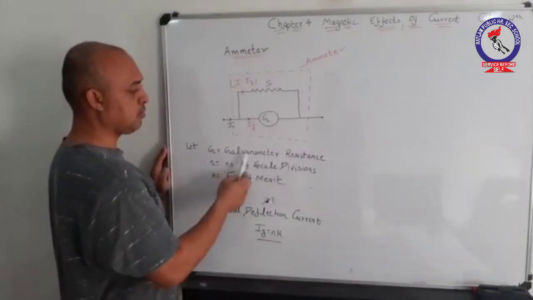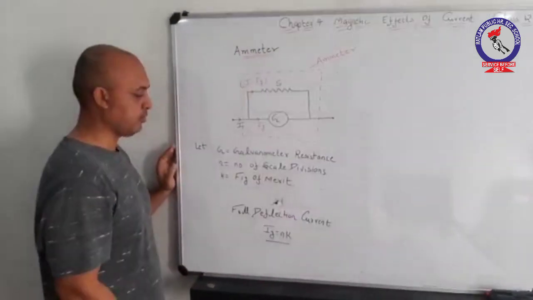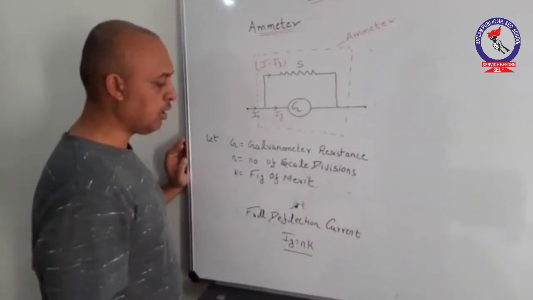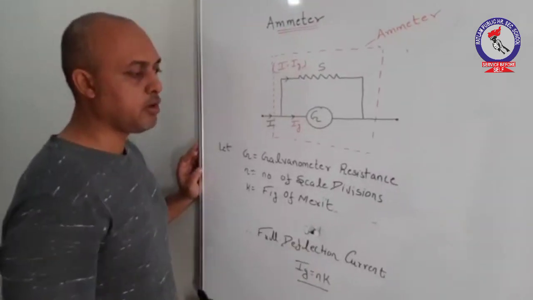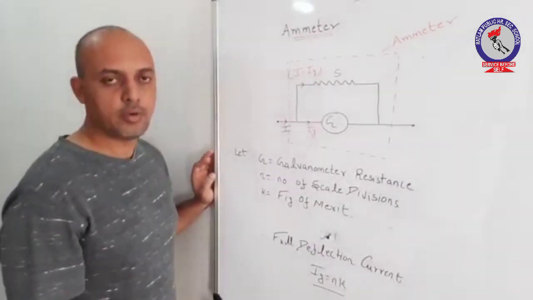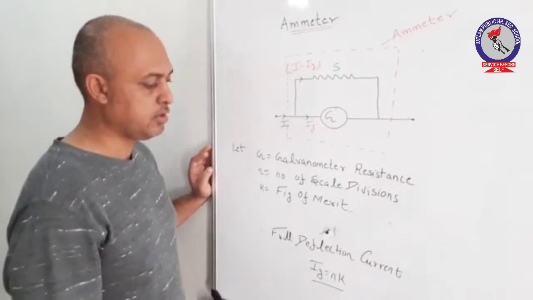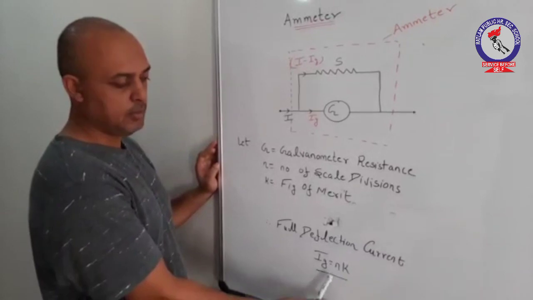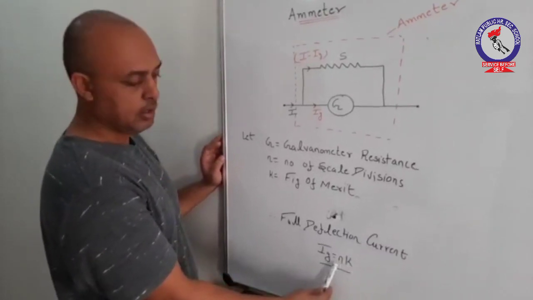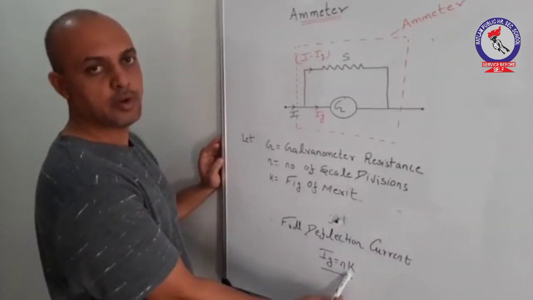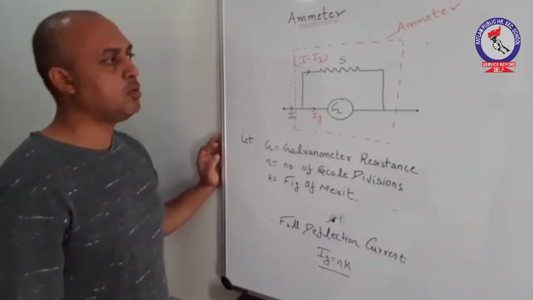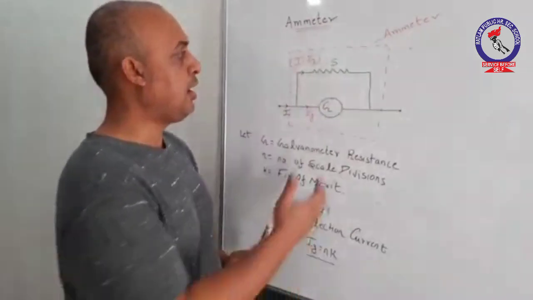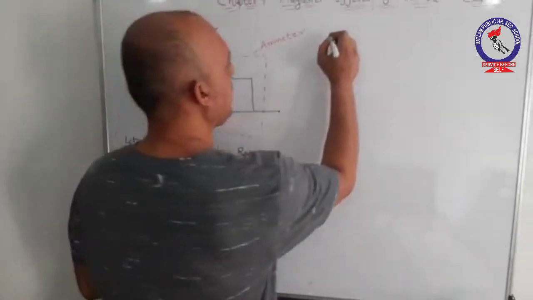Here G represents the resistance of galvanometer, N represents the number of scale divisions of the galvanometer, K represents the figure of merit, or current which gives a deflection of single scale, current for single scale deflection. Similarly, the full scale deflection current, that is Ig, can be calculated as N times K, that is number of divisions times figure of merit. Now, going through the calculation of the value of shunt to be connected, as both are connected in parallel,